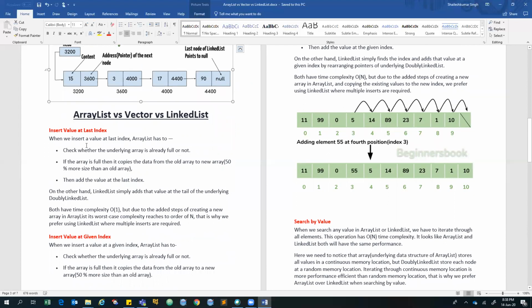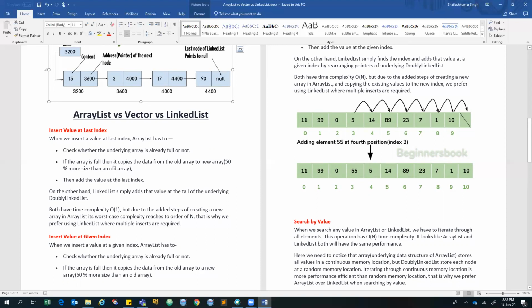This is the operation, meaning if you are adding data, by default if you add an element into the vector or array list, it will get added at the end. Now, how does it work in an array list, and how in a linked list? If you want to add an element into the array list at the last index, you need to first check whether its capacity has been full or not. Suppose the size is 10, capacity is 10, and already 10 elements are there in the array list. If you try to insert the 11th element, obviously it has to grow its size.